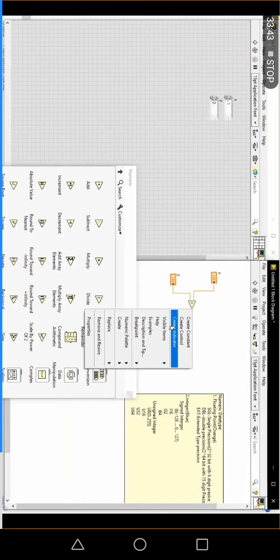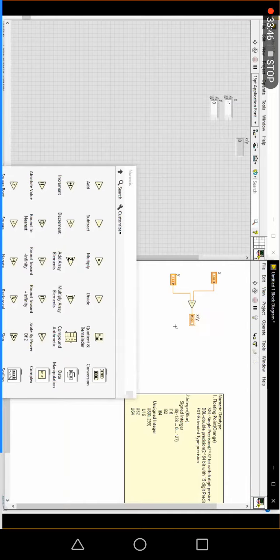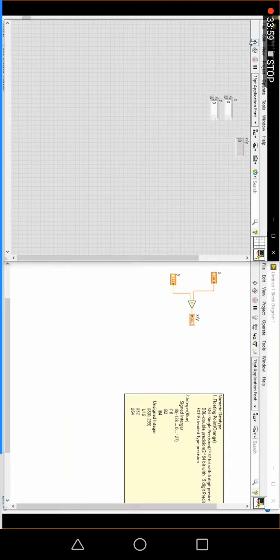SGL is the correct answer. DBL will not come because SGL is also floating point, so SGL will also accept the floating point value. Here also NaN will come. If it is integer, the output is not always DBL, so no need to close your eyes and put DBL as the output. But when both are SGL connected, the output will be SGL only. Don't go for DBL at that time. Very important, so this is a special thing about the divide function.